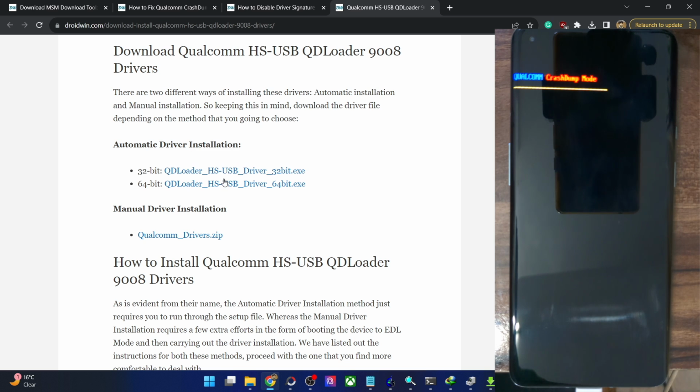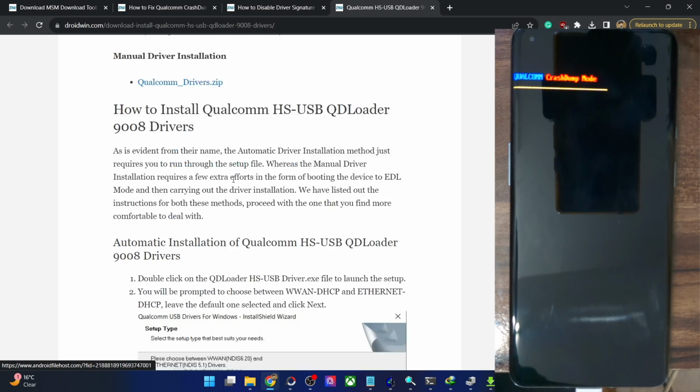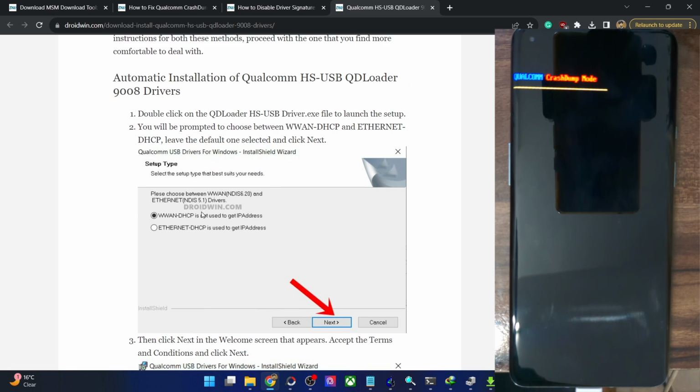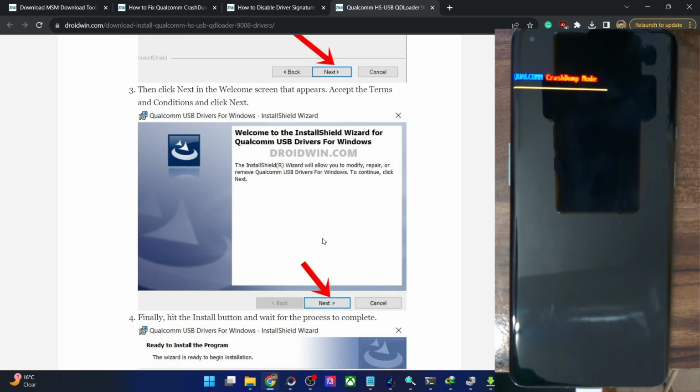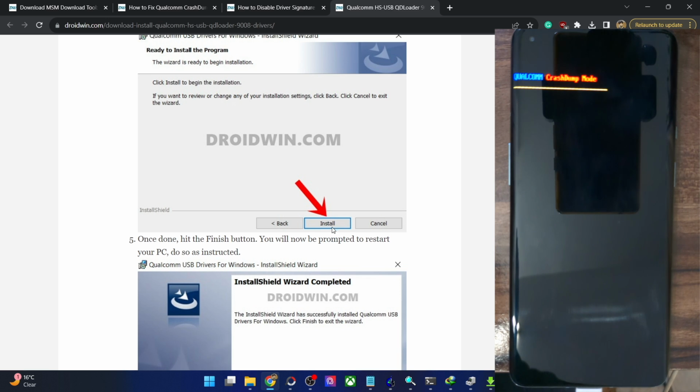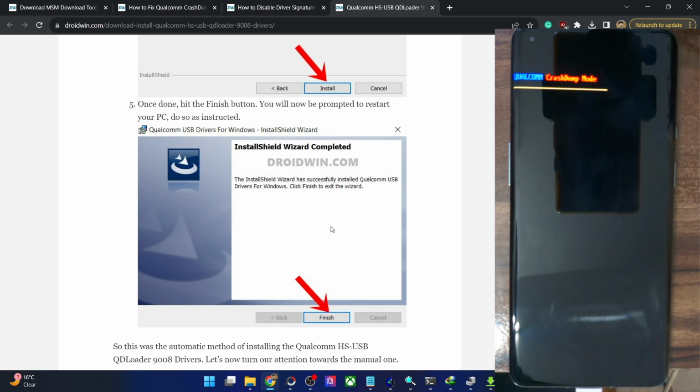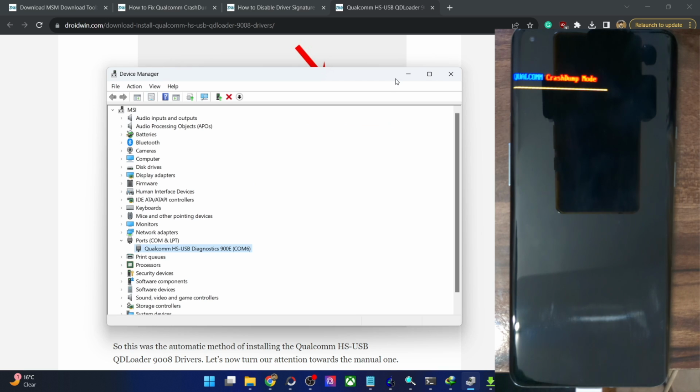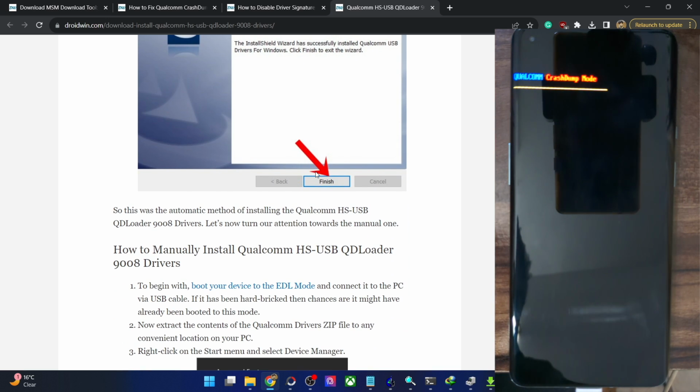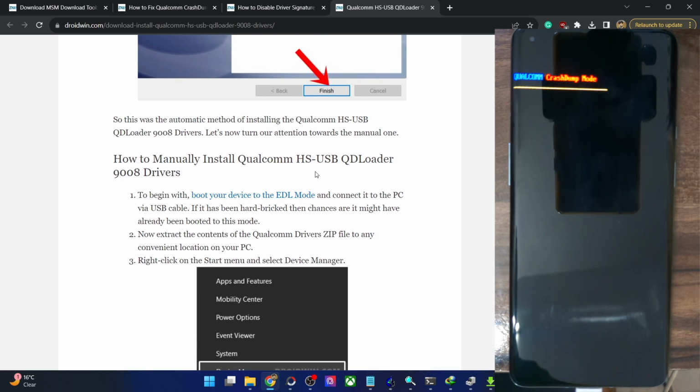For that, simply download the driver exe file from here, then launch it as a setup, and you will just have to select WWAN DHCP in the first screen, then click on next and click on install, and the drivers will then be installed. You could then verify if your phone is being shown as 9008 or not in the device manager. If it's still showing as 900E, then your next course of action is to install the drivers manually, or wait,